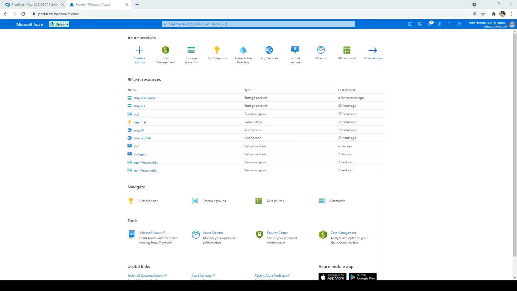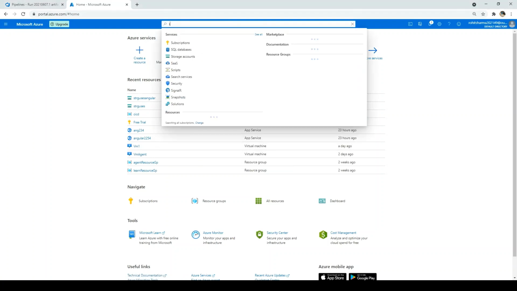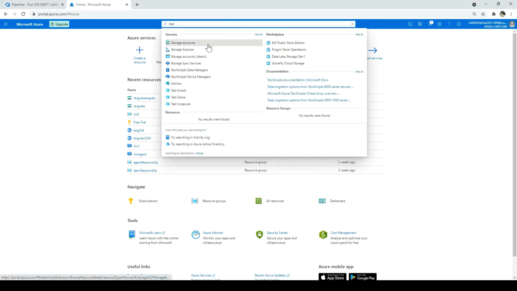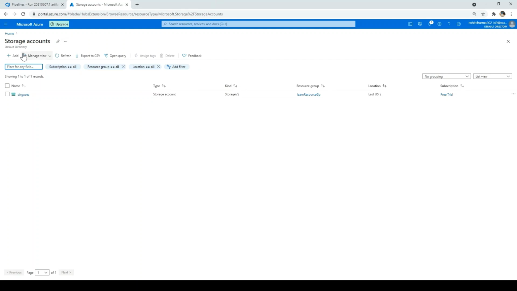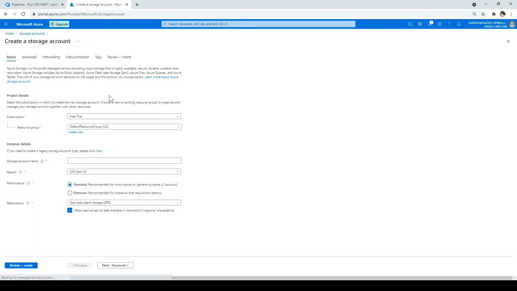Next we will create the storage account. To do that, I am in the Azure portal and I will select the storage account. If the option is not coming, you can just type in here and you can select storage accounts, and then you can click on add. You need to fill certain information. The first is the resource group.